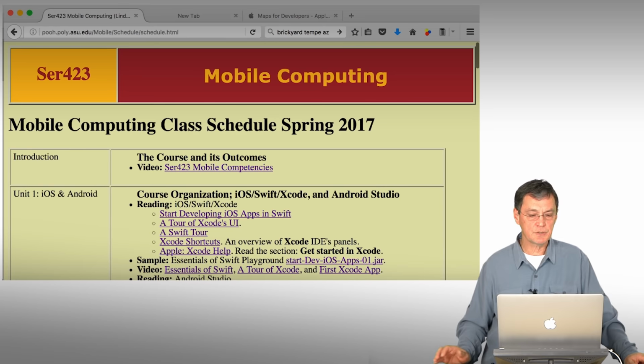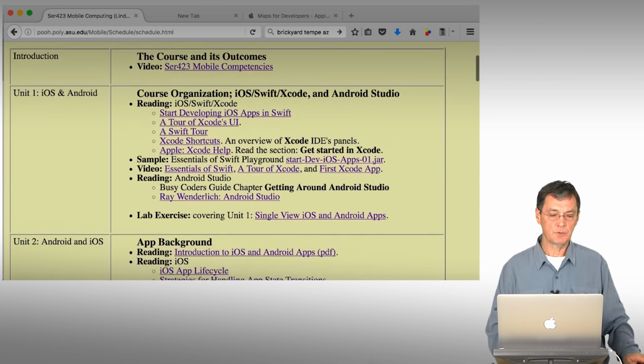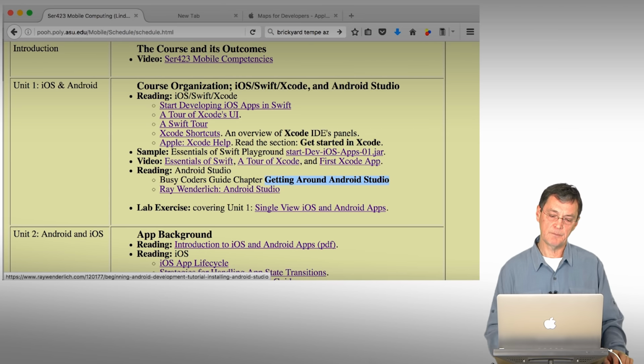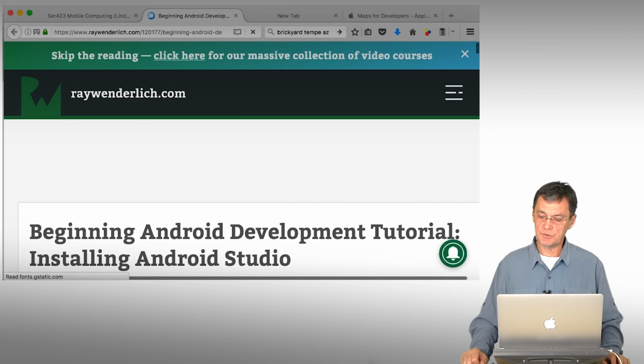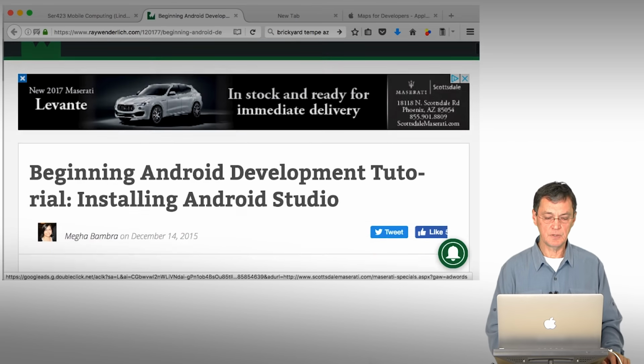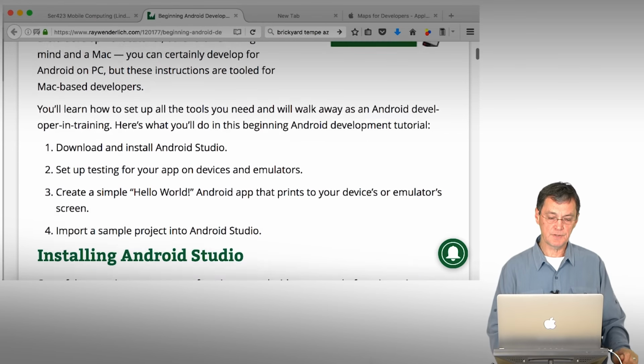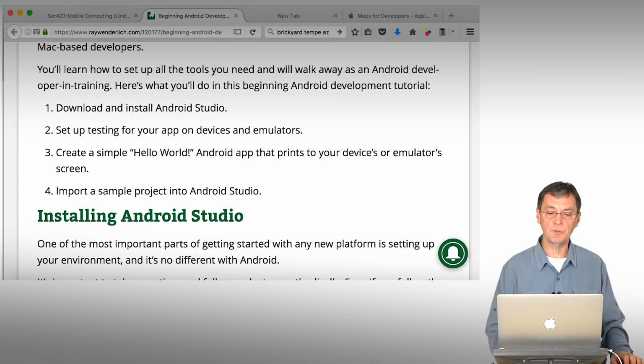So if we look at the course schedule, you'll see that this is actually in the very first unit where we're looking at Android Studio. There's a section in the Busy Coder's Guide, Getting Around Android Studio. We're going to be going through that stuff. And then if you want to, Ray Wenderlich's section on Android Studio goes through installation of Android Studio. This is actually fairly up to date. And some of the other things that you need to do in installing Android Studio, we're going to talk about